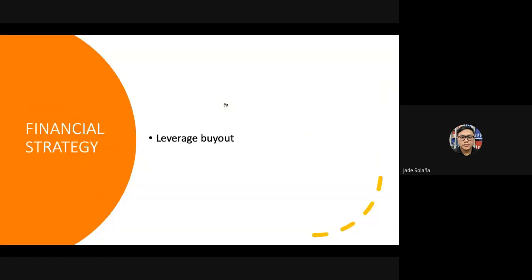Next, we have the financial strategy. The financial strategy examines the financial implications of corporate and business level strategic options and identifies the best financial course of action. It can also provide competitive advantage through a lower cost of funds and a flexible ability to raise capital to support the business strategy. Financial strategy usually attempts to maximize the financial value of a firm. However,